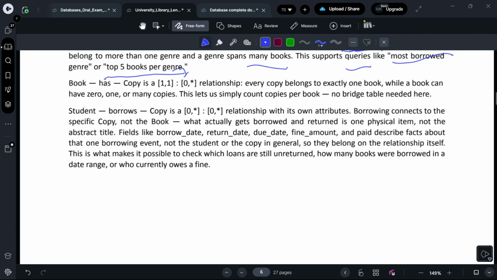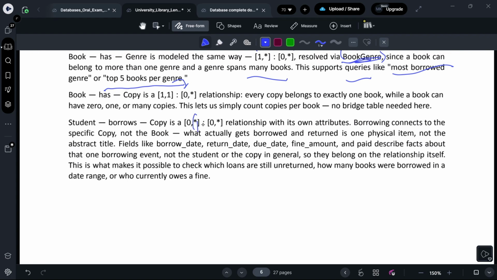Then we have student borrows copy, which is a many to many relationship with its own attributes. Borrowing is the new table that connects to a specific copy, not the book. What actually gets borrowed and returned is one physical copy item, not the abstract title. So fields like borrow date, return date, due date, fine amount, and paid describe facts about that one borrowing event, not the student or the copy in general. So they belong on